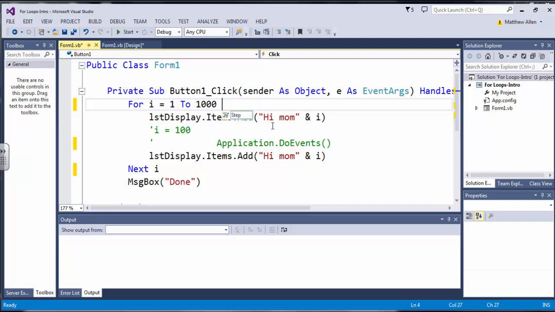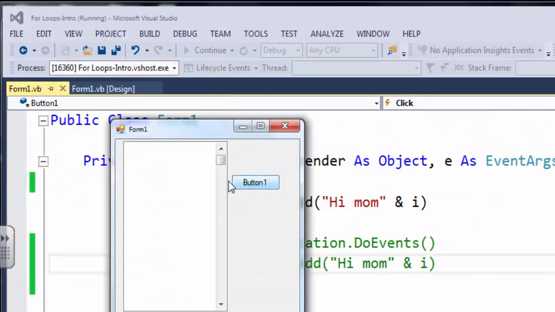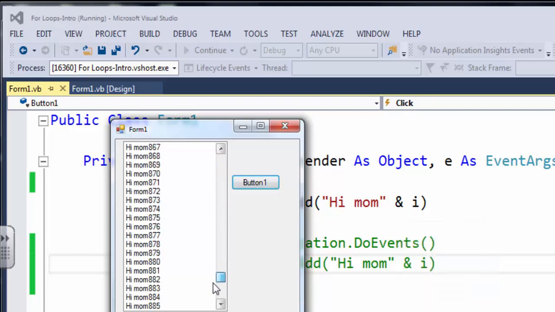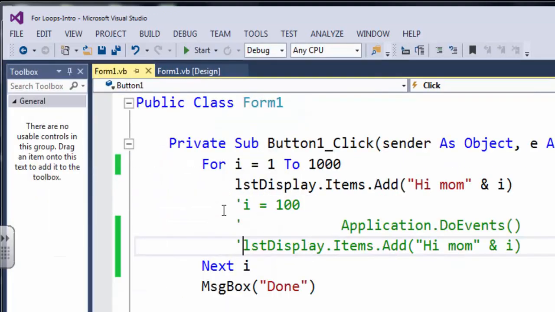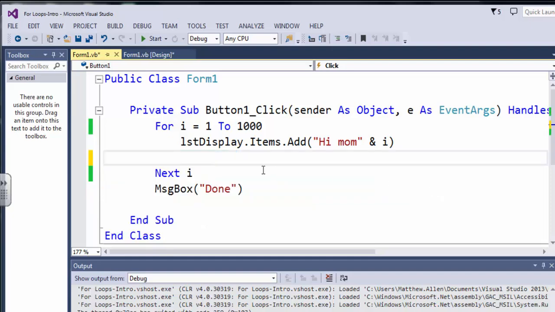doing the program yourself. This program is going to be a little different than the one you're going to do, although you'll be able to see some similarities for sure. I've got a for loop written here from 1 to 1,000, next I, and I'm going to go ahead and run this. And hi mum 1, hi mum 2, hi mum 3, all the way down to, not terribly surprisingly, hi mum 1000. Remembering that this green code right now is being ignored by the computer,